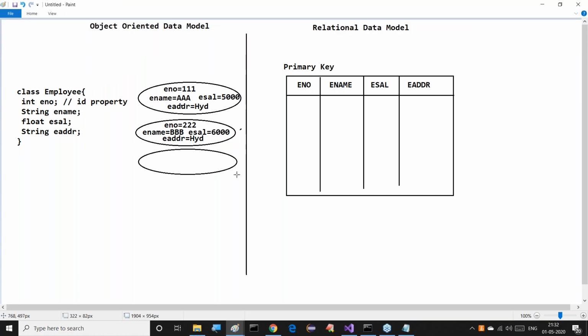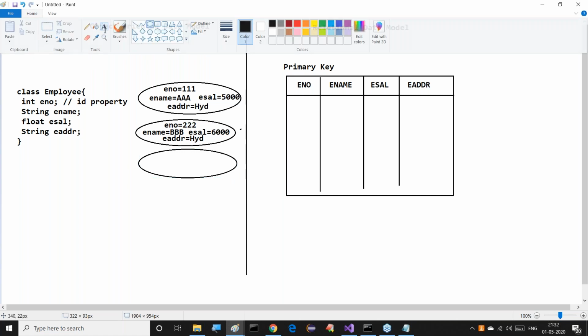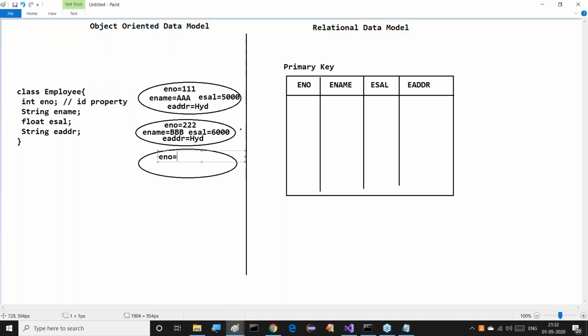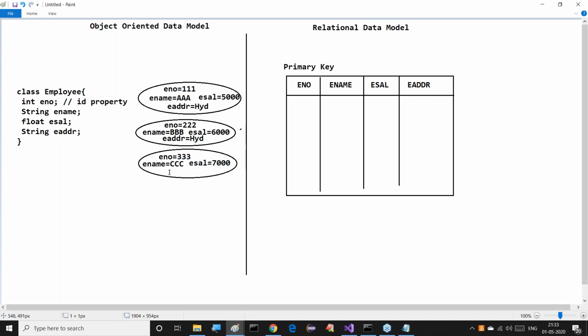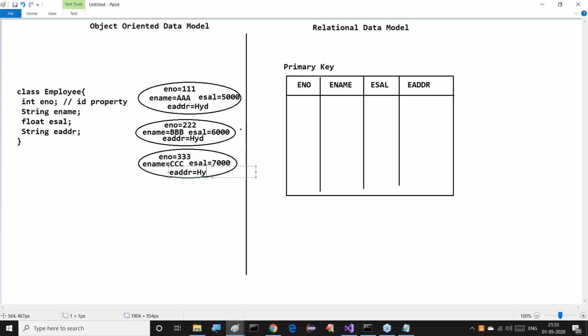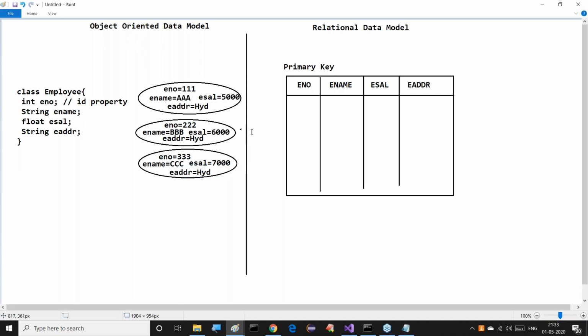After completion of this, I want to create another object: eno is equal to 333, ename is equal to CCC, esal is equal to 7000, and eaddr is equal to the address. Now I created three objects here.